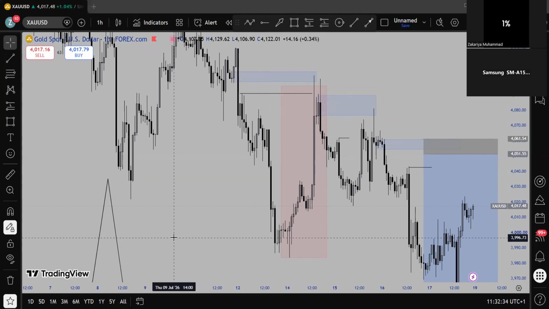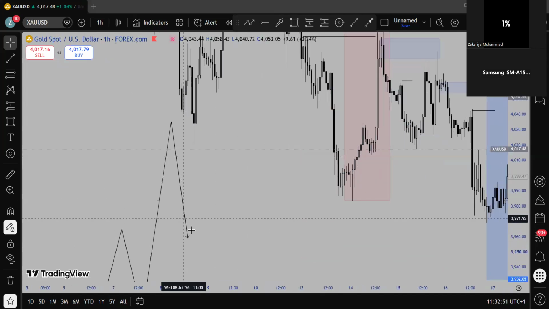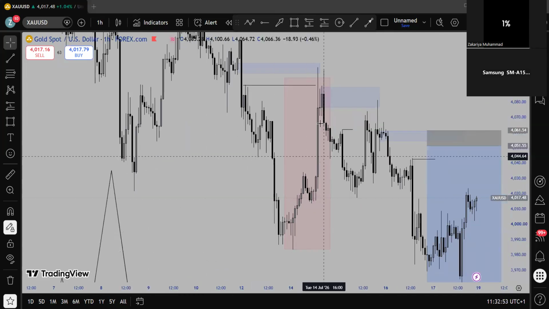A lot of traders will see these aggressive candles and expect, okay, the market is bullish, we're still going to continue buying. This is not how the market prints when it wants to buy. If the market wants to buy, it should respect structure. If you have a higher high, the market should come and give you a higher low. At least it needs to give you two structures to confirm the market is bullish or bearish.